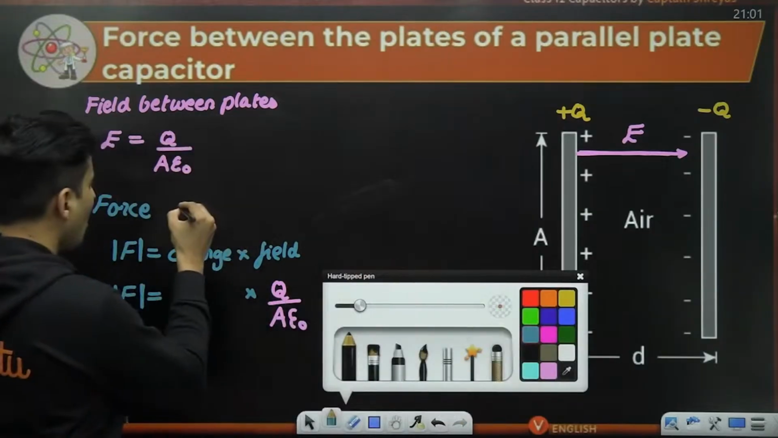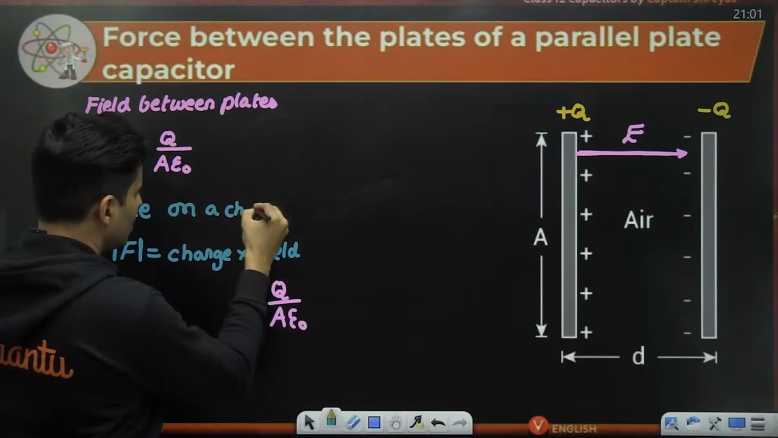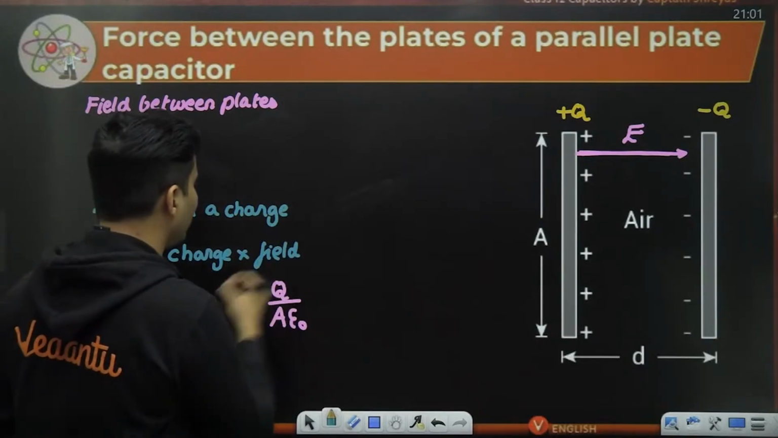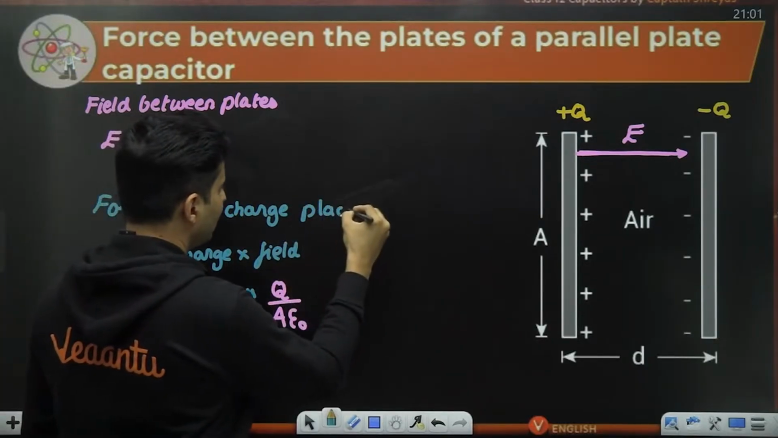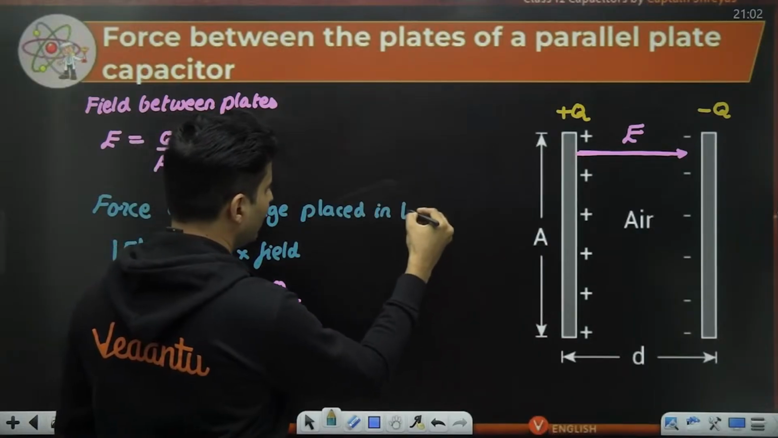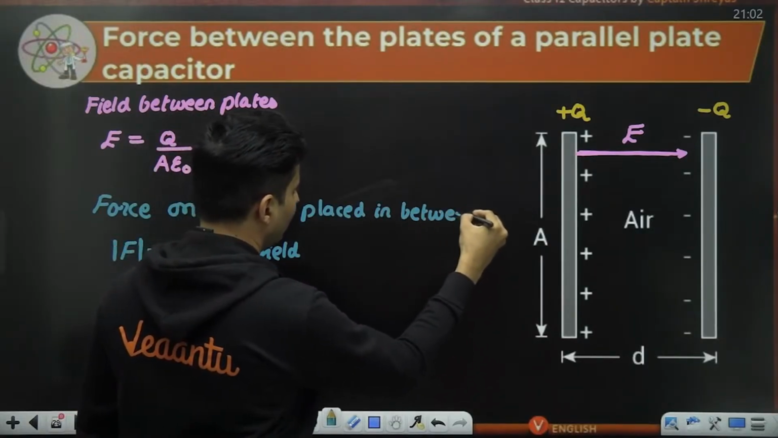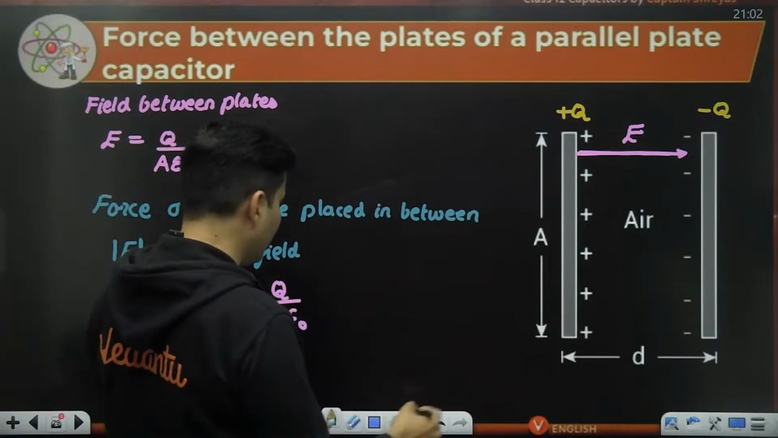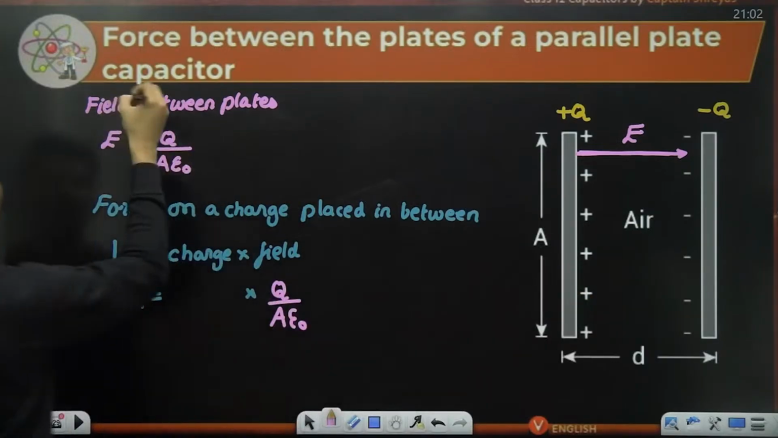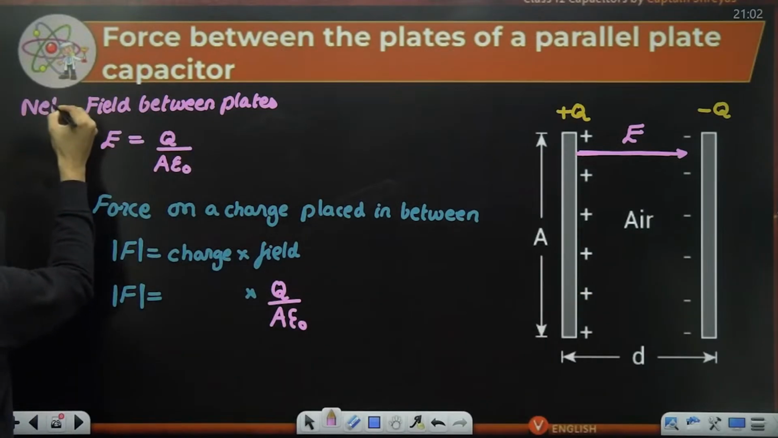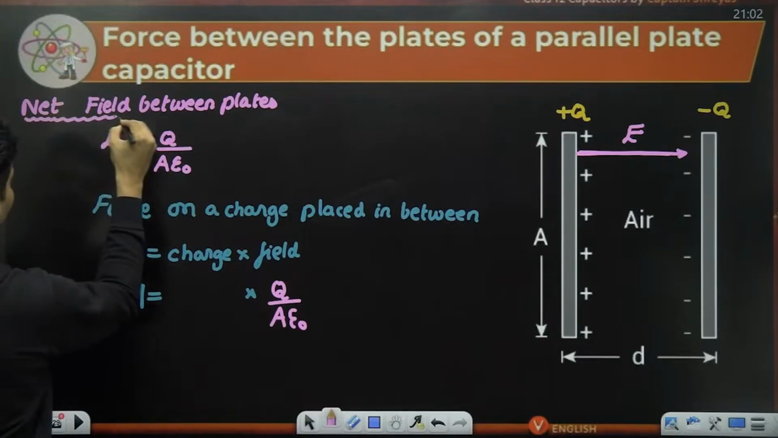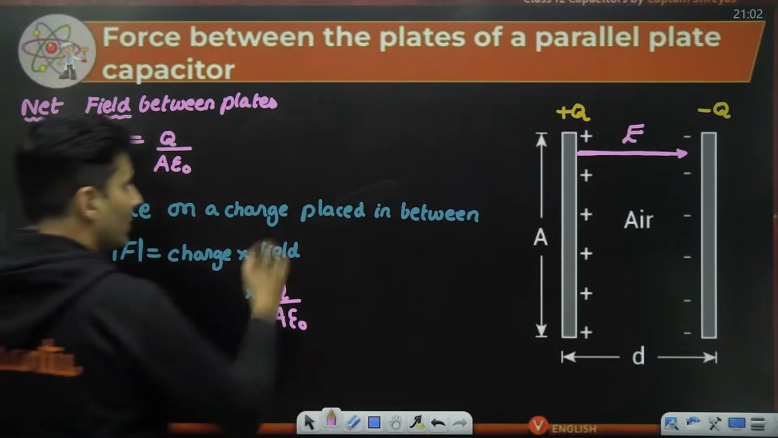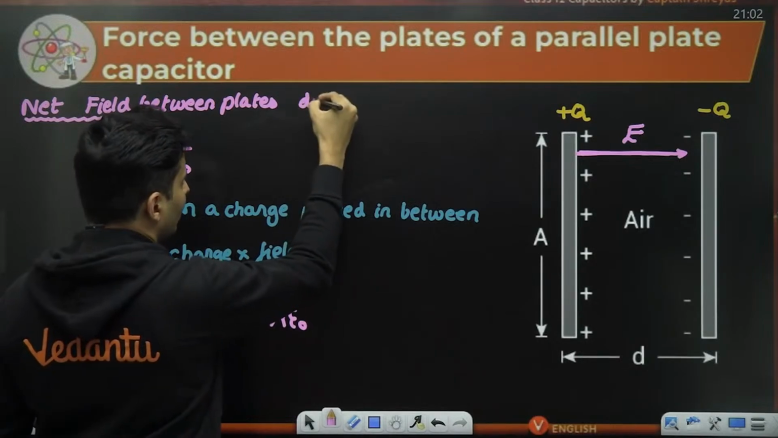Force on a charge placed in between the plates. And this is the field between the plates. But this is not any field. This is the net field. This is the net electric field between the plates, so it is due to both